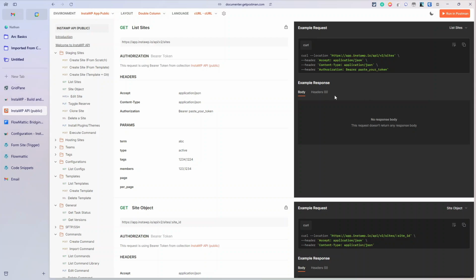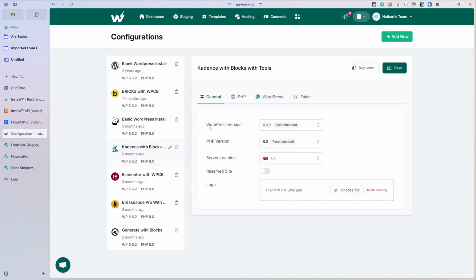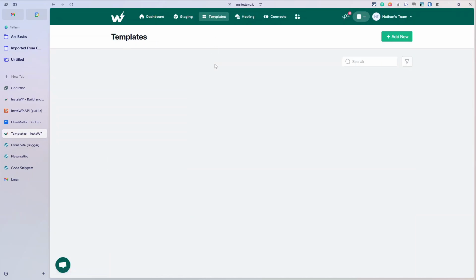You need list sites if you're going to run delete to be able to delete a site, so that's why I've added list sites. If we go back to Flowmattic, list templates, we need list templates to show templates, and I realised I didn't show my template, so I'm going to go back to InstaWP and go to templates. I only have one on here, and that is the bricks blueprint, and it's not active on any sites, and that's what this is going to pull, so it'll only pull the one, but that's what it'll pull from the